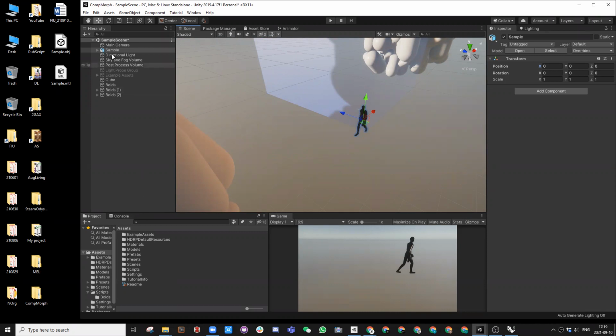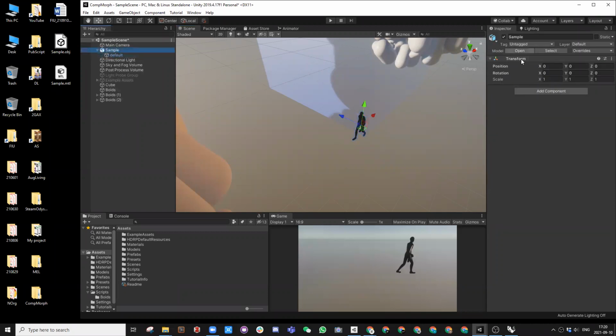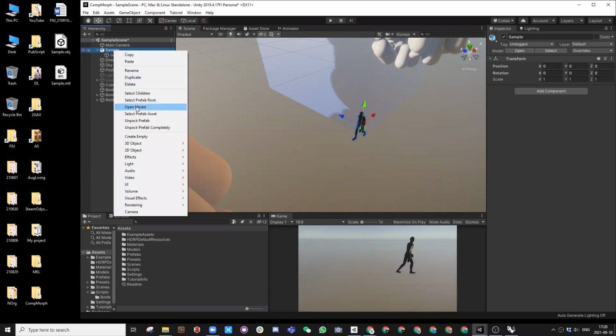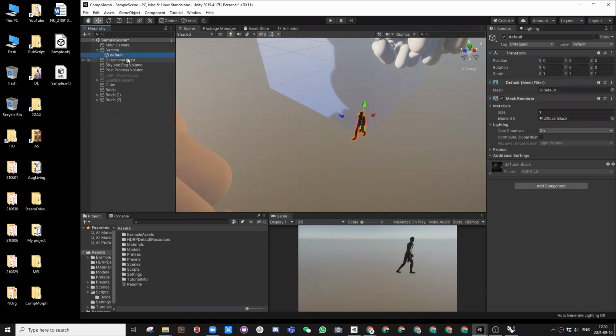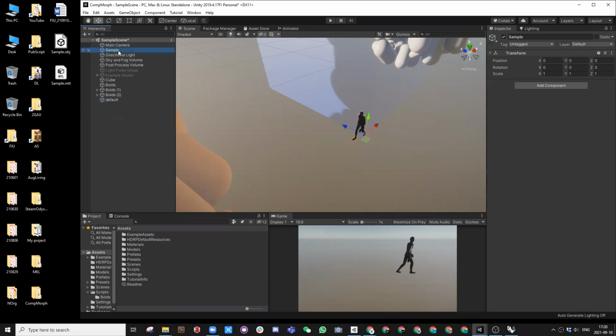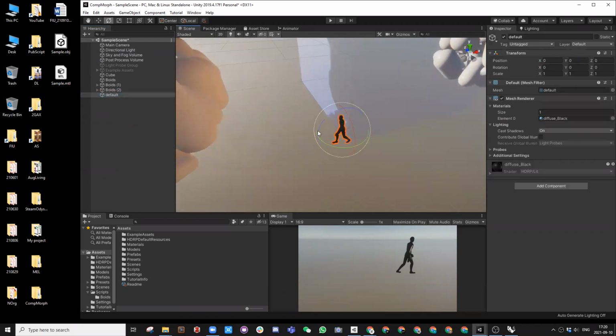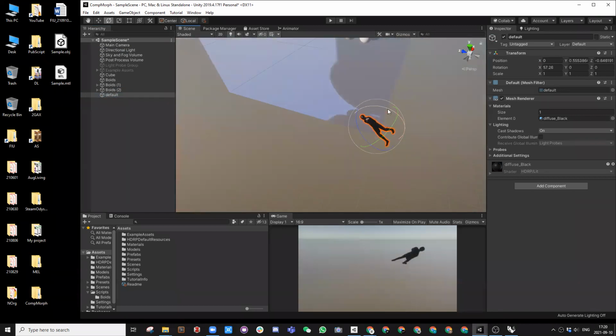So in order to do that, because now the human is pointing Y up, which is not great for this simulation. So that's why we need to make this into a correct prefab. Because we already have this, I can actually unpack the prefab. So the only thing I need is this guy, right? This is the human. I can delete the parent. I'm going to make a new parent of this guy. But before that, I'm going to position this correctly by rotating this 90°